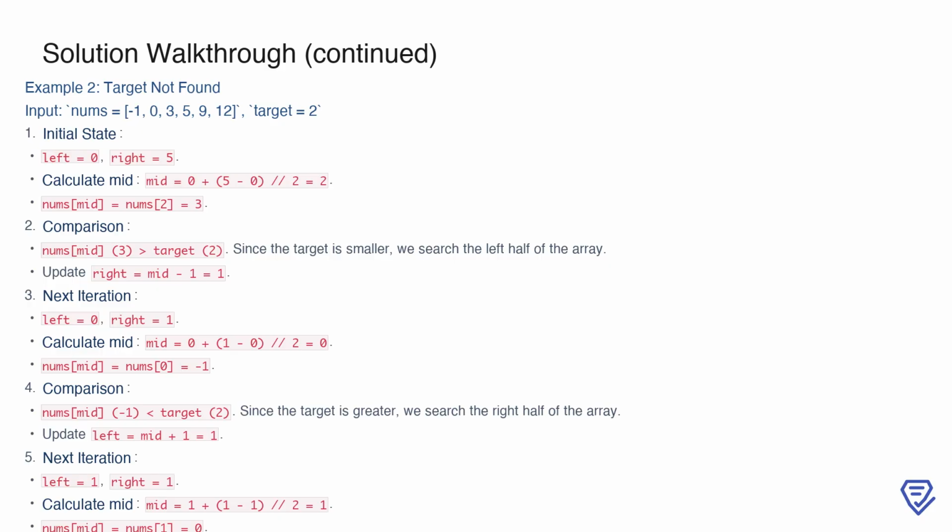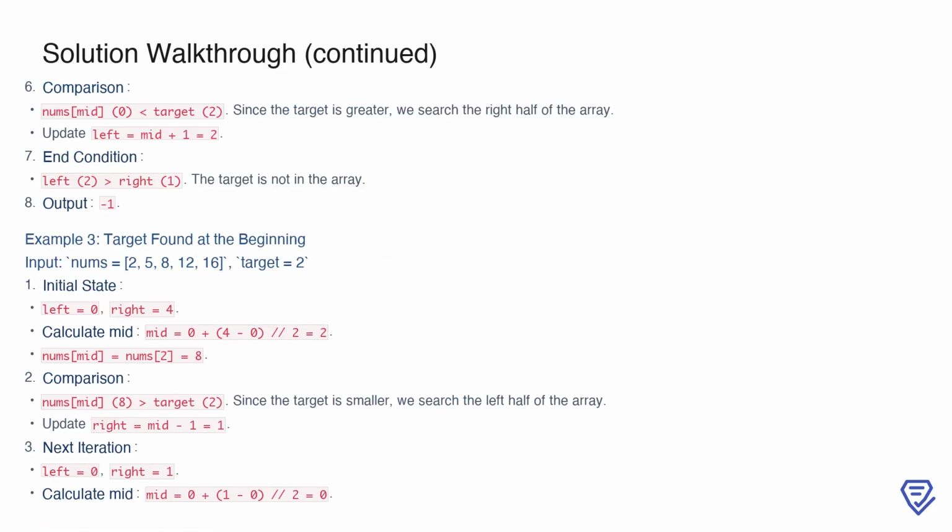Comparing this with the target, we see that -1 < 2, so we now search the right half of this smaller range by updating left to mid + 1, which is 1. Continuing the process, with left equals 1 and right equals 1, we calculate mid equals 1, and nums[1] is